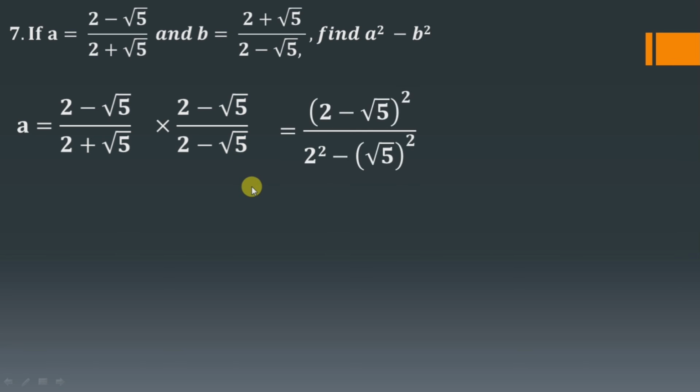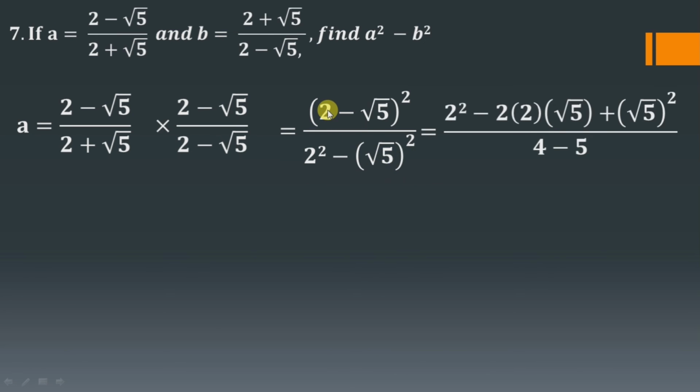For that, I need to multiply both numerator and denominator by 2 minus root 5. So after that, I will get in the numerator 2 minus root 5 into 2 minus root 5, which is 2 minus root 5 whole square. In the denominator, this is in the form (a plus b)(a minus b), so a square minus b square, that is 2 square minus root 5 square. The numerator is in the form (a minus b) whole square, so I write a square minus twice ab plus b square, divided by: the square of 2 is 4 and the square of root 5 is 5, so 4 minus 5,